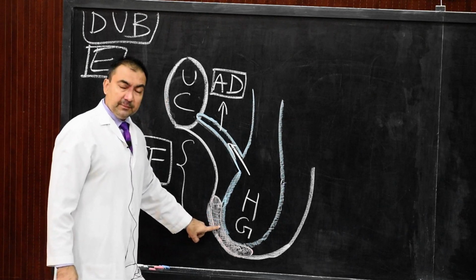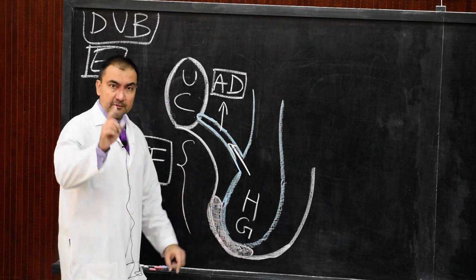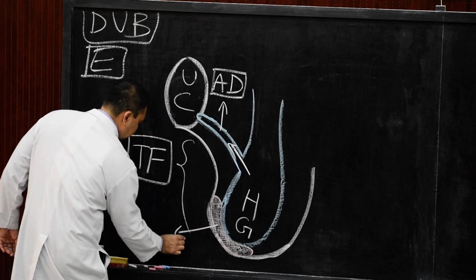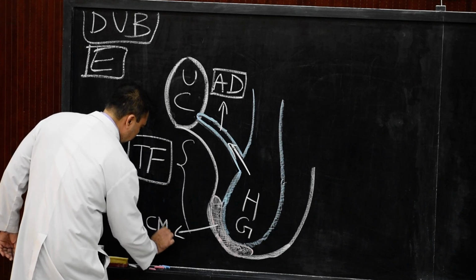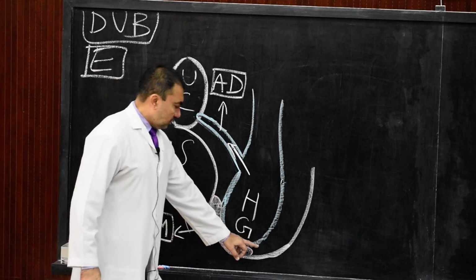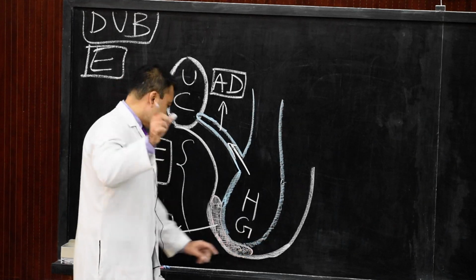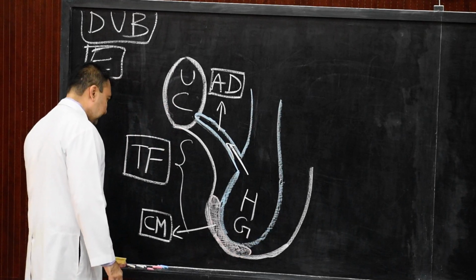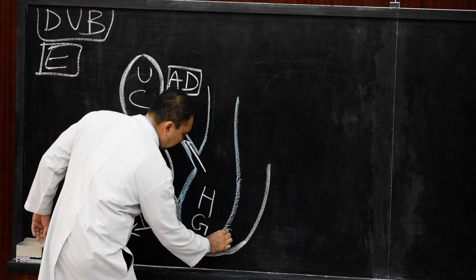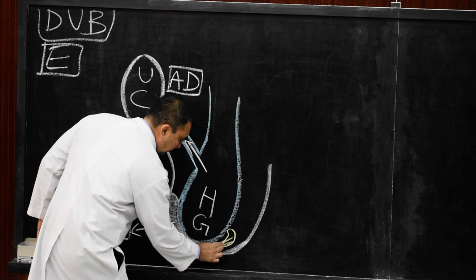So what is the relation of cloacal membrane at this time? Cloacal membrane is present in the caudal part of hindgut and in ventral part of hindgut. This is the second important point, very important point. So here we will mark this as cloacal membrane. Once again, caudal to hindgut and dorsally there is primitive streak. So the primitive streak will be present just caudal and dorsal to the hindgut, which I'll show with yellow color as primitive streak.